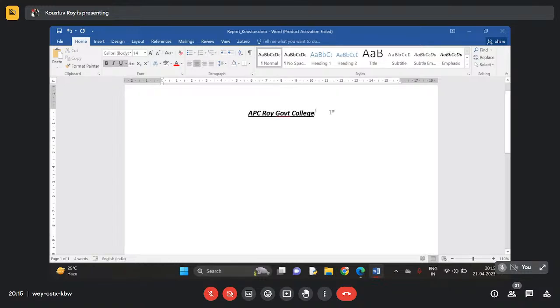So these are the few shortcuts which you can always use. Now let's say we are starting a report. Just arbitrarily, I'm writing something. Just forget about everything I'm writing. Let's say these 3 lines I have written. Once I have written these 3 lines,